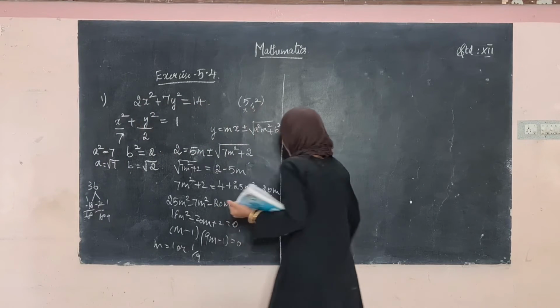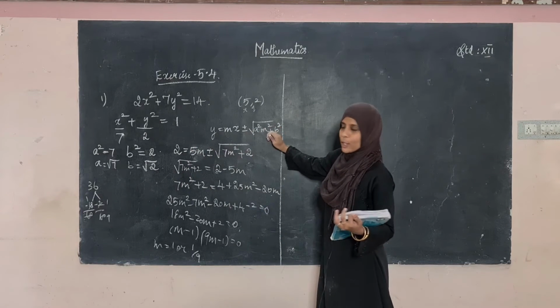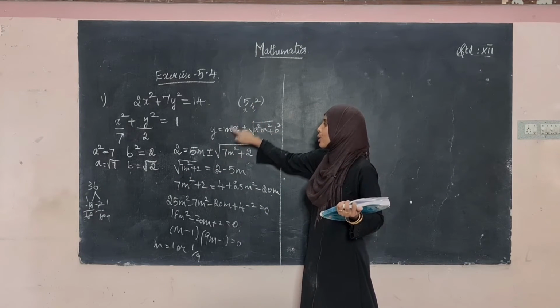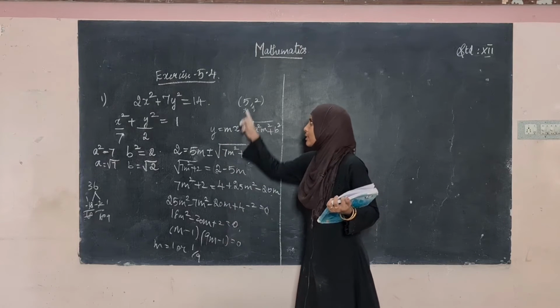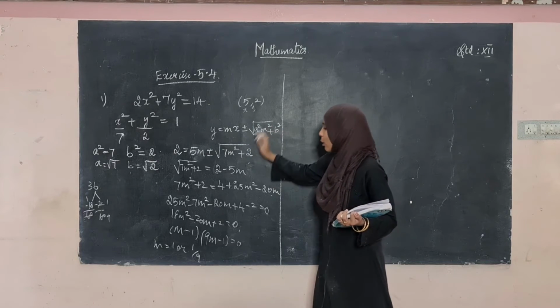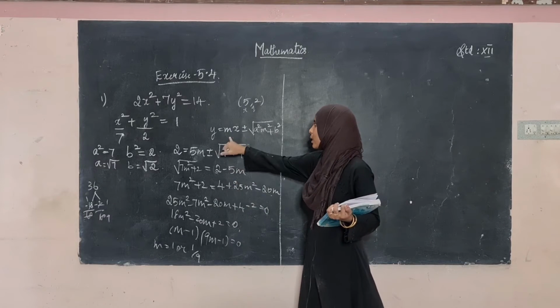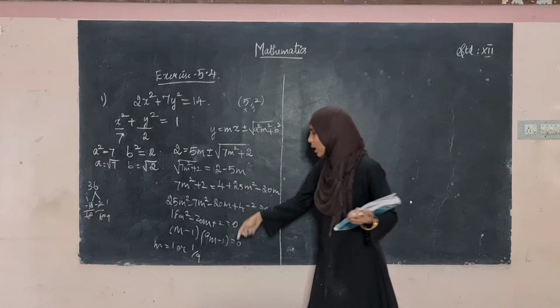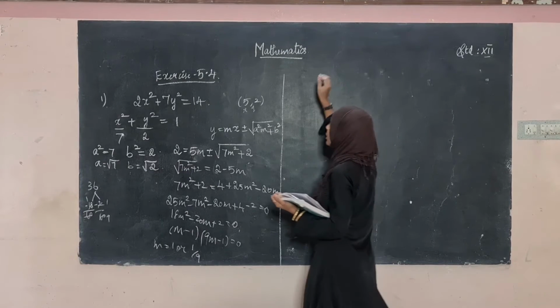Okay, so we found the value of m. We know the values of a and b. Now we can find the equation of tangents using this. So we should not substitute x and y now. For finding m, we substituted x and y values and a and b values, so we found the value of m. In the equation, what we want is the value of m, a square and b square. So we got the values of m, a square and b square. Now we can find the equations of tangents.